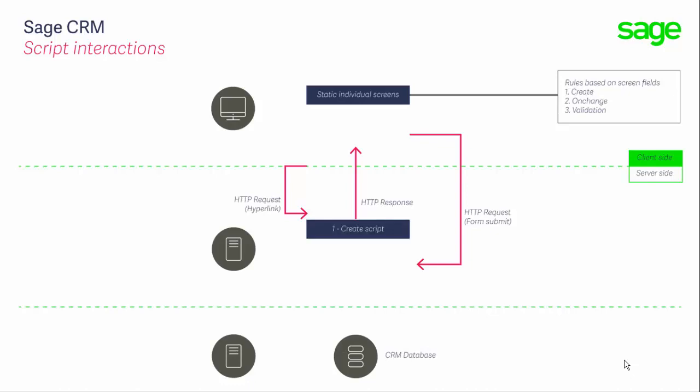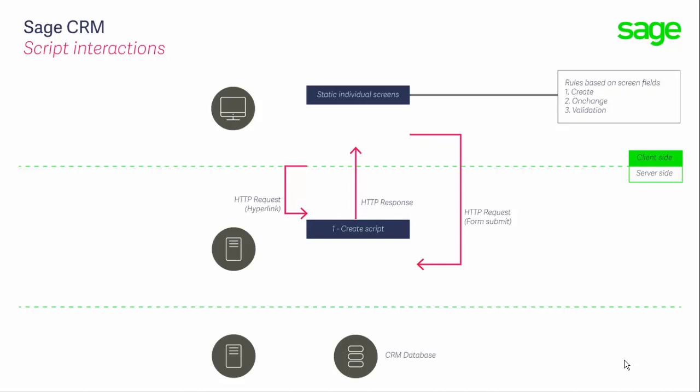When a screen, like the case screen, is requested from the browser, the field definitions for that screen are pulled from metadata. This triggers each of the fields to fire their create scripts. The create scripts are executed on the web server inside the Sage CRM application area,